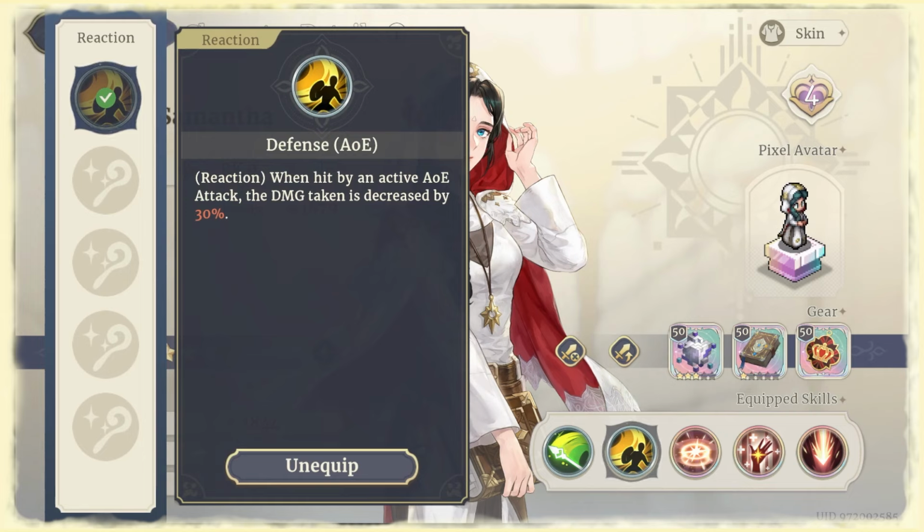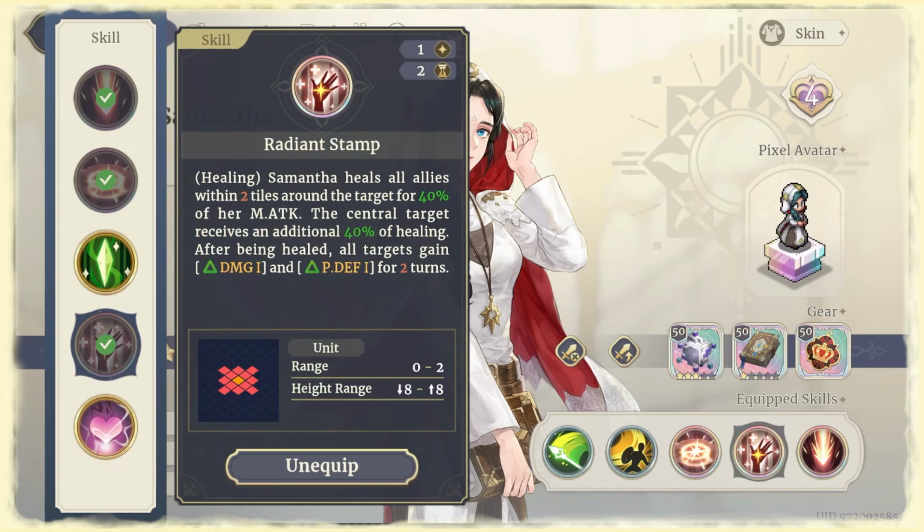That will give another 30% of the AoE damage reduction, and combined with the aura from the Papal Ice Priest, it's gonna be like 55% damage reduction, so I don't have to worry about Samantha getting hit by AoE from the boss. And also for another skill, I'm just gonna put Radiant Stem, which is going to have a big